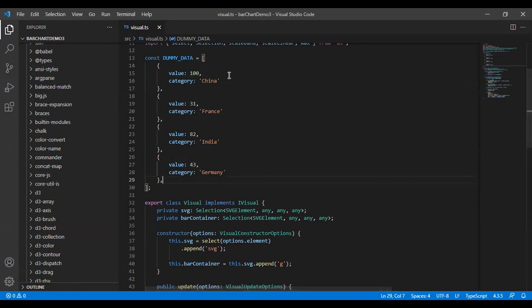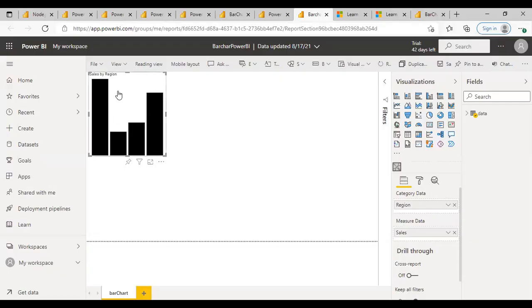When I use this, this chart got generated. This is just an example to show that there is a way to create more granular level charts which are not available in built-in visuals. So you can create your own circle or hexagon, everything.